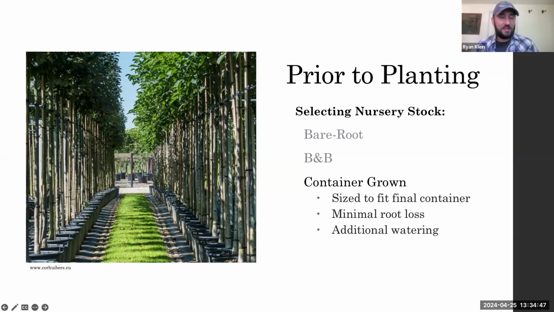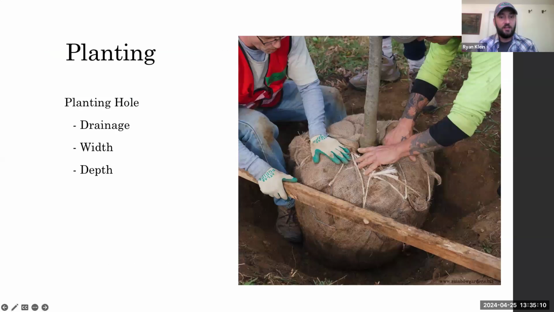One thing to keep in mind is that when you're planting these, you typically want to plant them a little bit higher, because the substrate that they're grown in will actually settle quite a bit. And these also require a little bit more frequent irrigation, just because typically, they're grown above ground and they require more irrigation throughout the life cycle at the nursery.